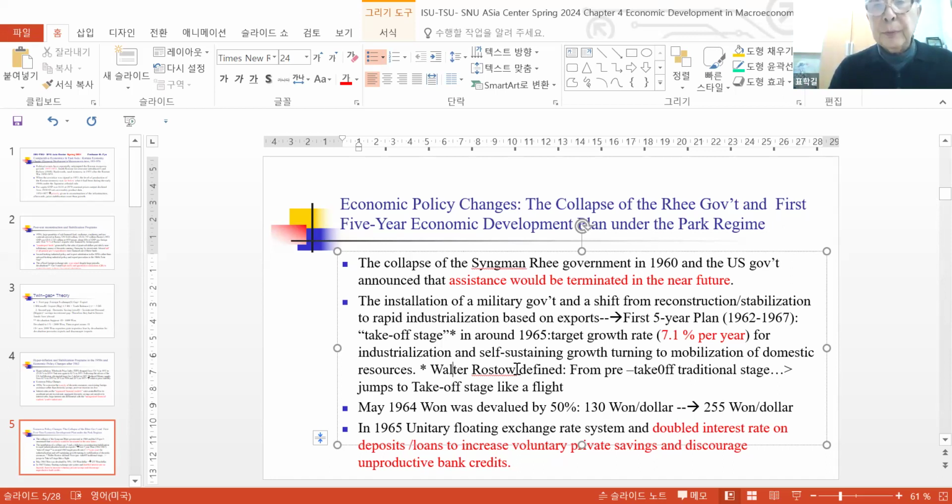So in the case of South Korea, up until 1961, the Syngman Rhee government being toppled, the country was before takeoff stage. Everything was so slow, not proceeding at the rate of more than 2% per year growth rate. But all of a sudden,